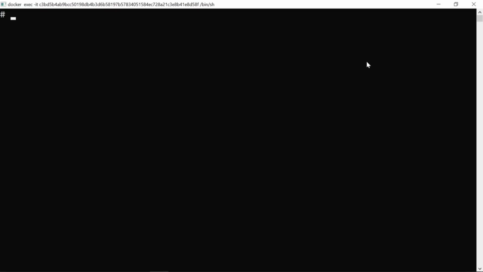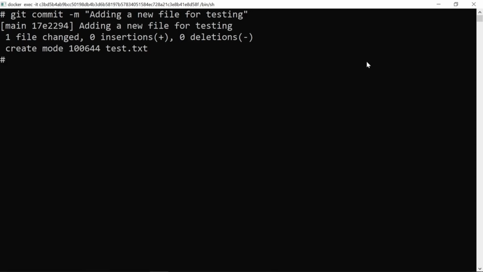Okay. Now I want to explain to you how to run the git commit command. First, type in git commit. You can pass in a flag of -m, which stands for message, allowing you to type in a message which will be attached to the commit. In this example, the message is adding a new file for testing. Next, press return on the keyboard, and now notice that the response states 1 file change, 0 insertions, 0 deletions. There is also a create mode statement with the name of the file,